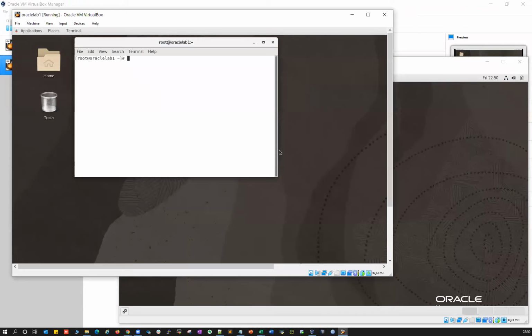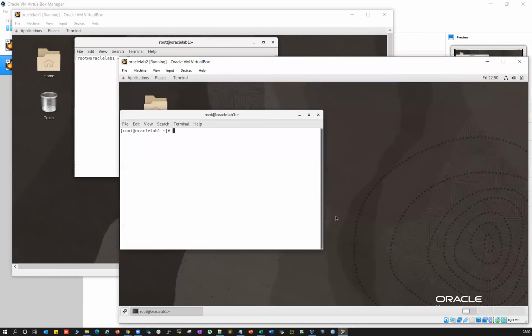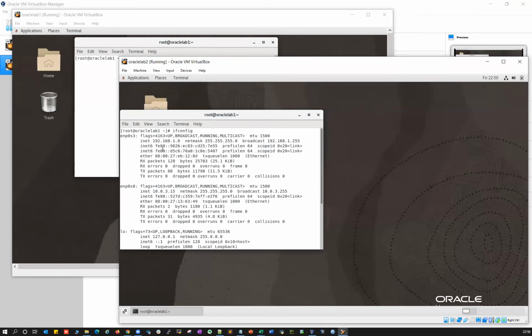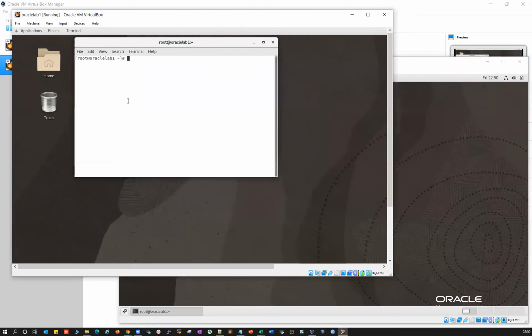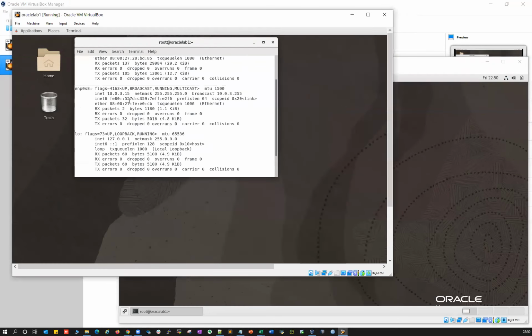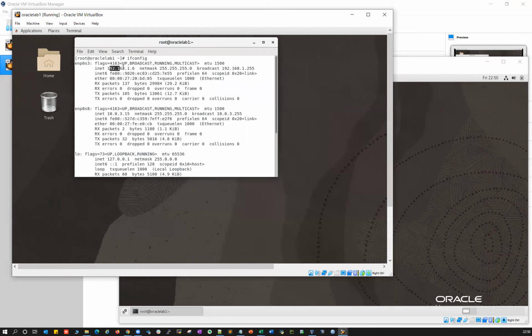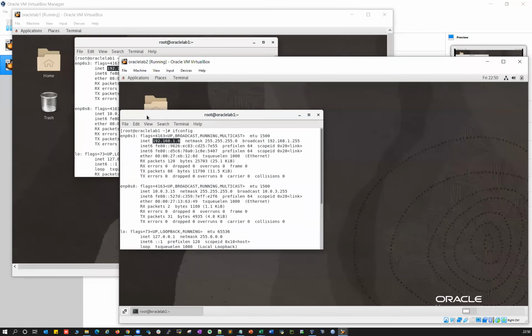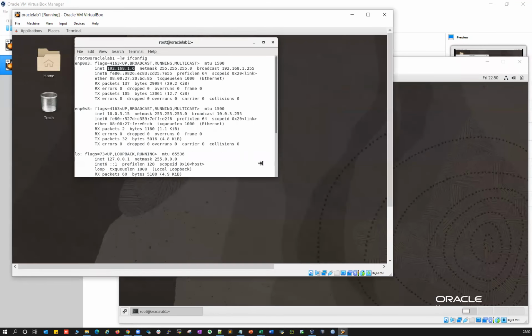I can quickly open one terminal here and one terminal here. ifconfig, and the default is getting 192.168.1.8. And ifconfig, the default is getting 192.168.1.6. So these two IP addresses are coming dynamically, because my internet range is 192.168.1.x. So what I can do now here,